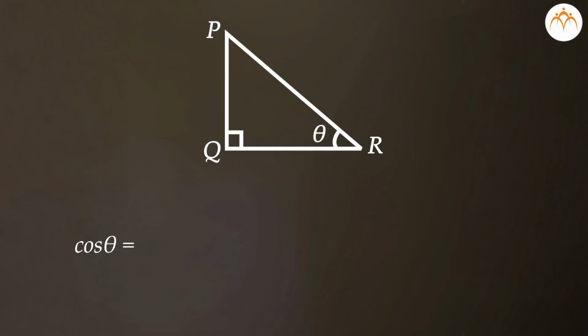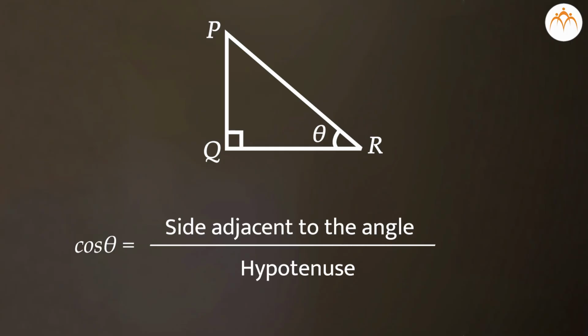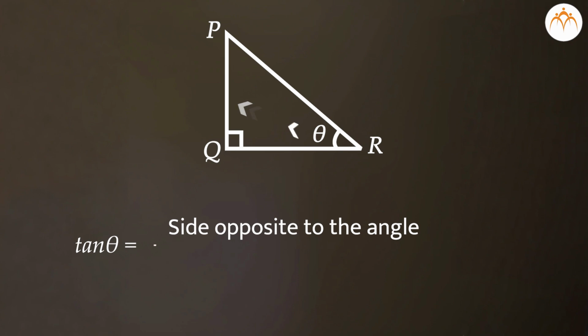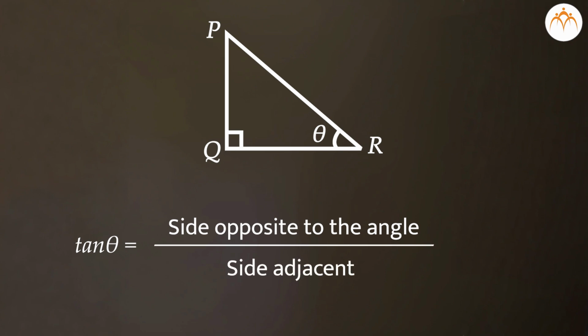Cos theta is equal to side adjacent to the angle upon hypotenuse is equal to QR upon PR. Tan theta is equal to side opposite to the angle upon side adjacent to the angle is equal to PQ